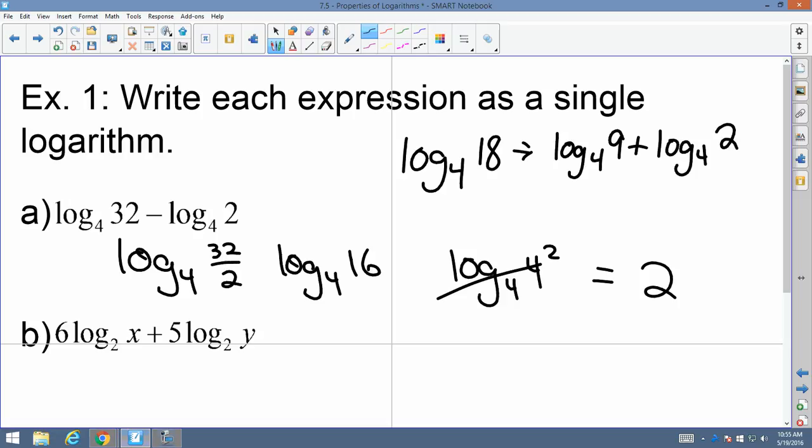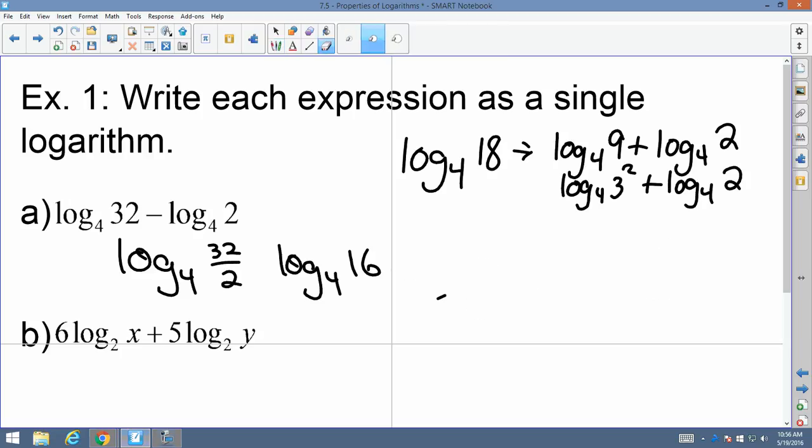You with me? Because I'm about to destroy this right now. This is log base 4 of 3 squared, plus log base 4 of 2. Oh, I feel something great coming out now. Ready? Look at this answer. Beautiful. So now I got 2 times the log base 4 of 3 plus log base 4